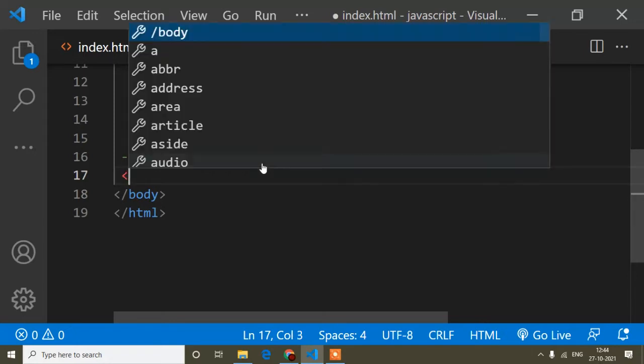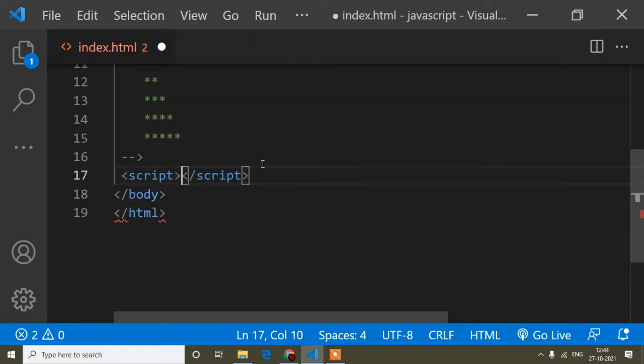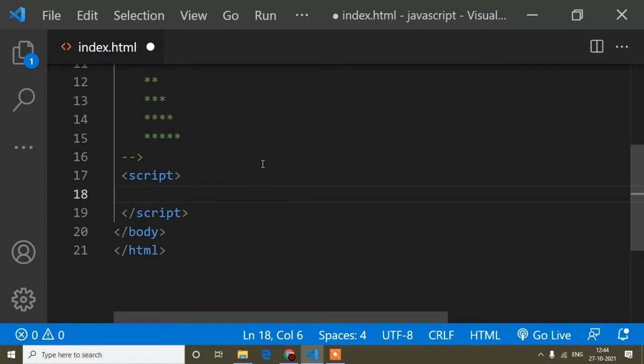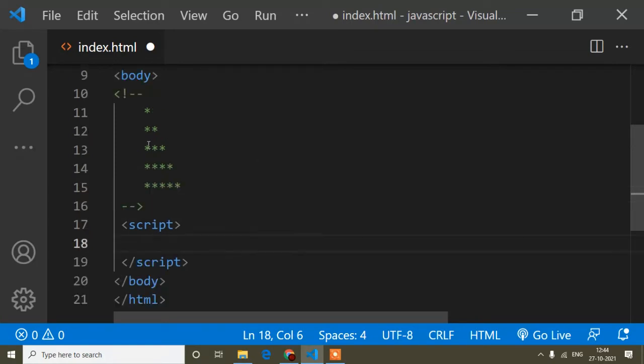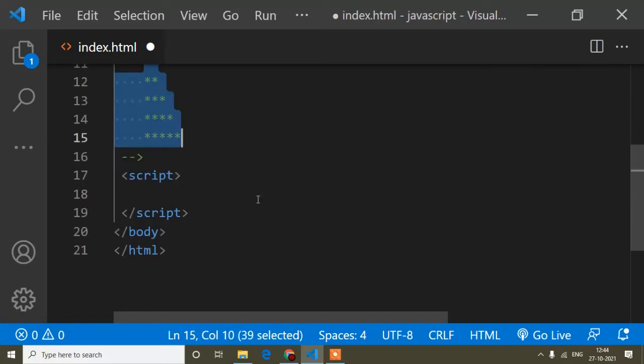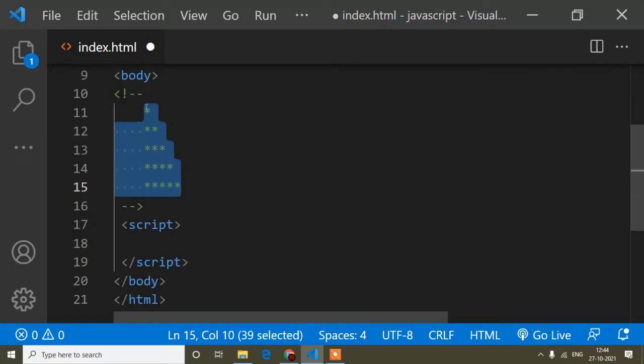When we write JavaScript, the first thing we write is the script tag. Inside this script tag I have to write the JavaScript code for making this pattern. Now the first thing you can see, this is 1, this is 2, 3, like this up to 4, 5. So this is the row, up to 5, and if you count the columns, you will find the column is also up to 5.